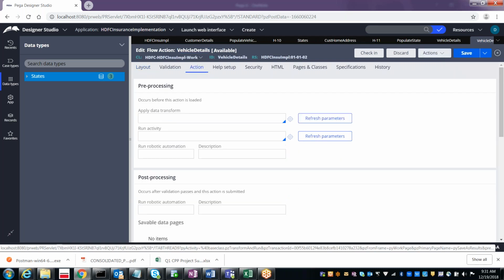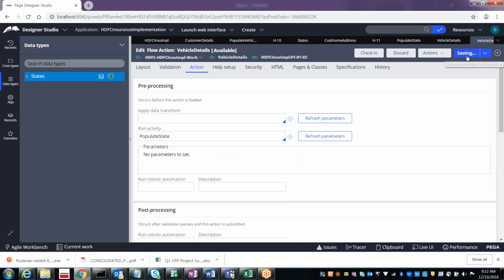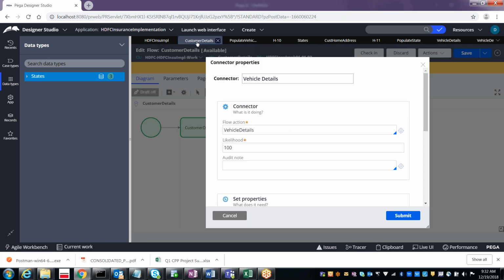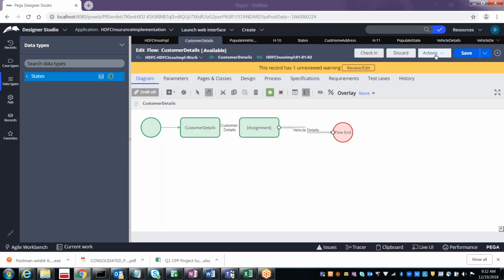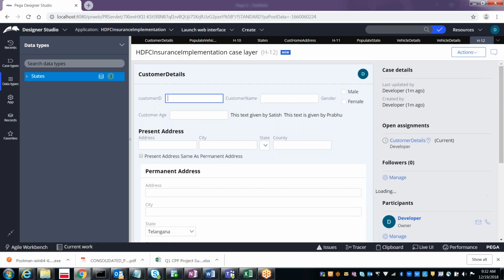Okay, so go to the actions and then run activity. Under the run activity, you see populate state. Select this, save it, and then run the flow. The states are not loaded.